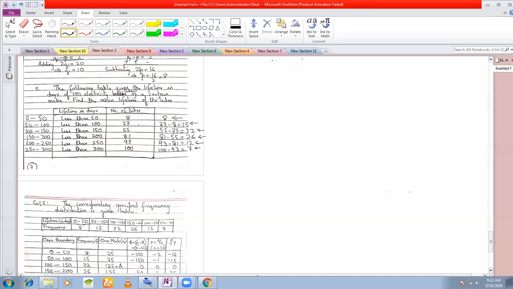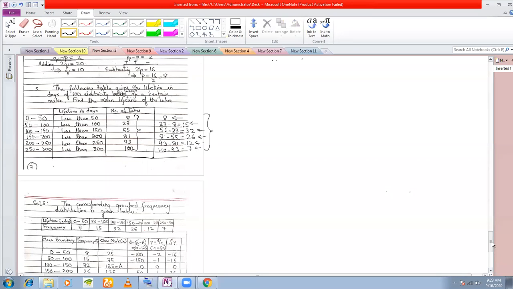Fine. So these are actually cumulative frequencies. We are converting the cumulative frequencies to frequencies. That is the difference. So whenever you see a less than something and less than something, remember that whatever number is given in the other column, they have to be cumulative frequencies. And from cumulative frequencies, this is how you calculate your frequencies.